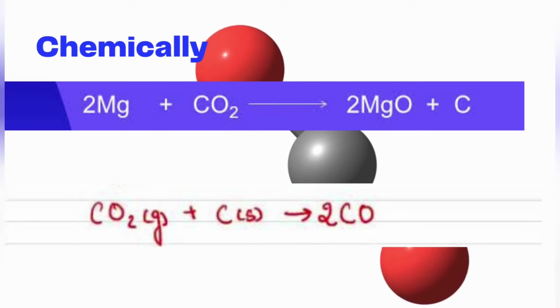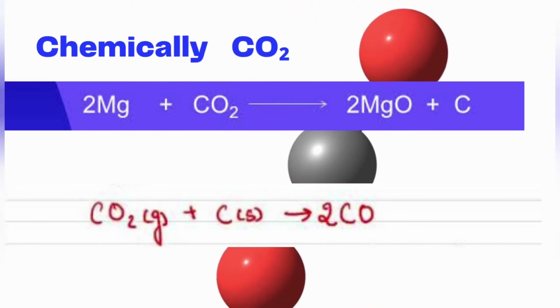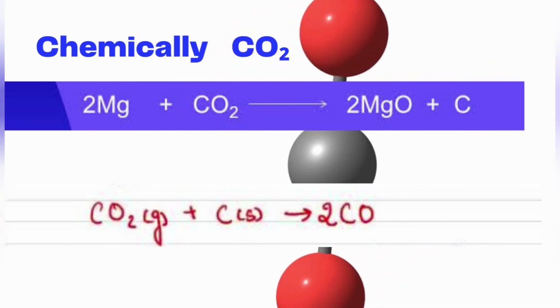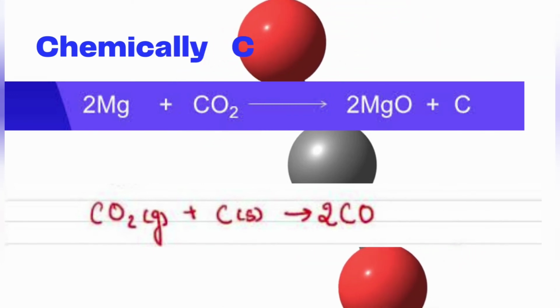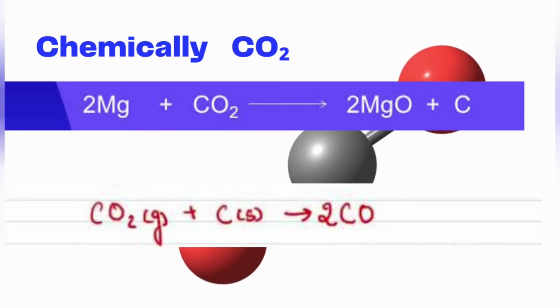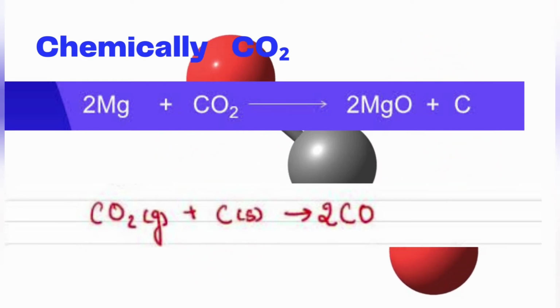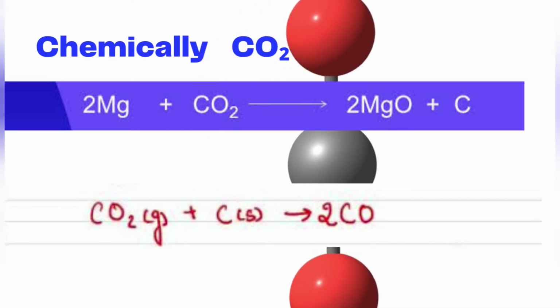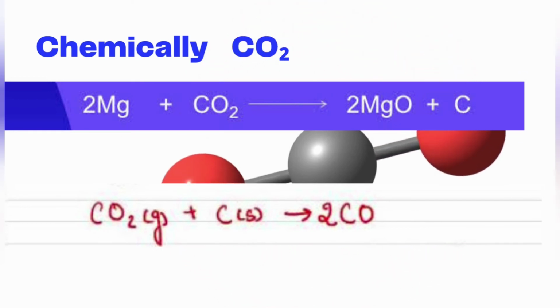Reaction with burning magnesium. When burning magnesium combines with carbon 4 oxide, it does not burn, because carbon 4 oxide does not support combustion. Instead, what you have is a white deposit of carbon and magnesium oxide formed in the